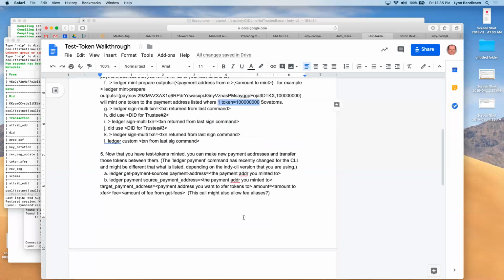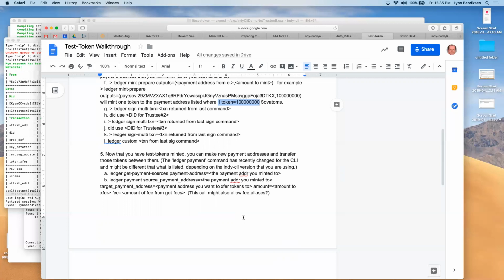The tokens are all sort of theoretical at this point, right? Like, they're not actually on the main net. They are not on the main net. We're testing with the idea in mind that they might be. You'd have to go through the whole governance process around how to mint that. The token plugin is installed on mainnet, so the token or the payment ledger is initialized on mainnet. But we haven't done any token.